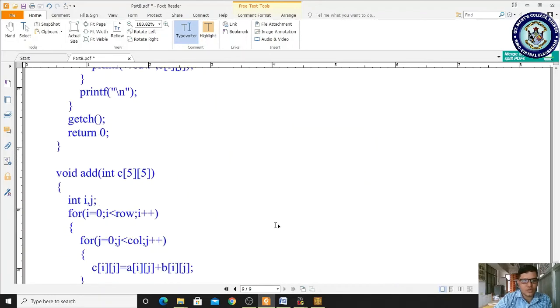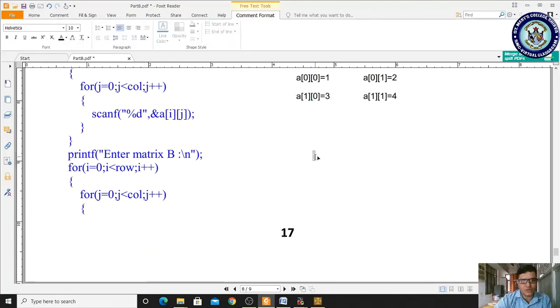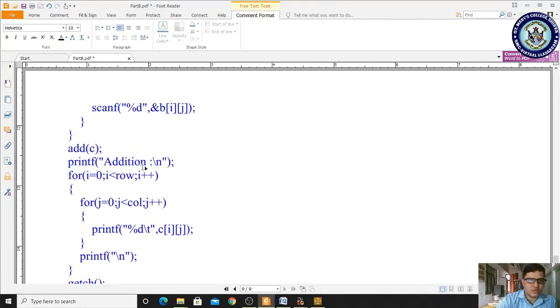So I am storing these values in these locations: b of 0 0 as 1, b of 0 1 as 2, b of 1 0 as 3, and b of 1 1 as 4. So same thing we have done, right?